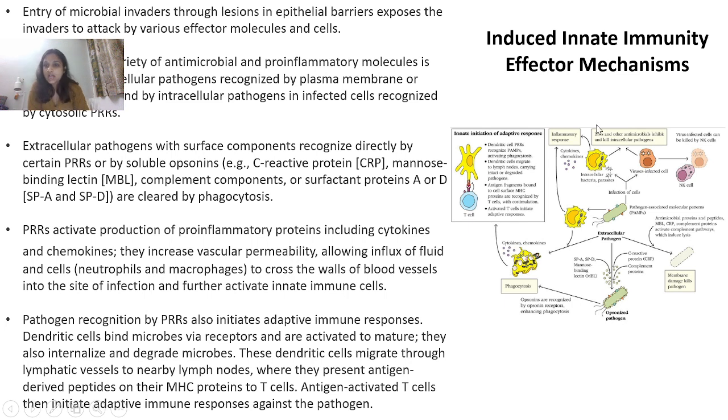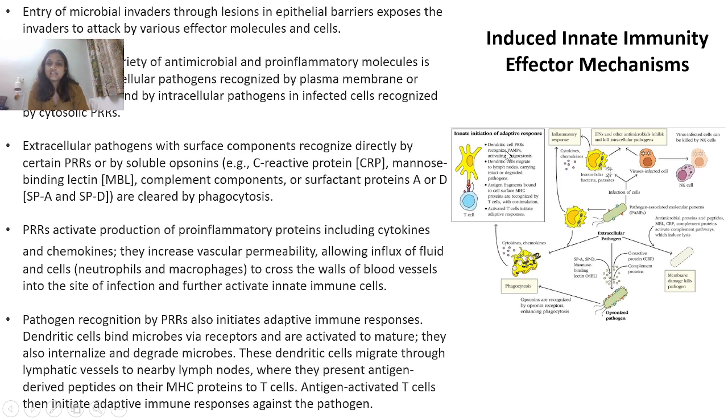There are also other IFNs and other antimicrobials that inhibit and kill intracellular pathogens, and virus-infected cells can be killed directly by natural killer cells. And also these chemokines and cytokines, which are secreted by these already infected cells, can initiate the adaptive